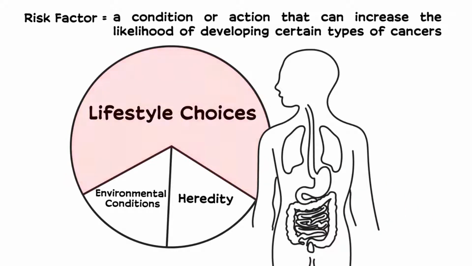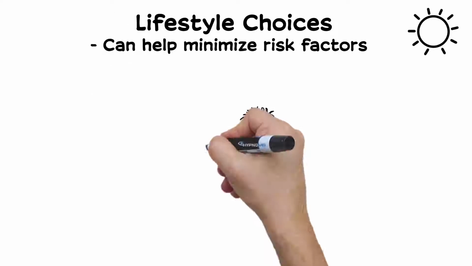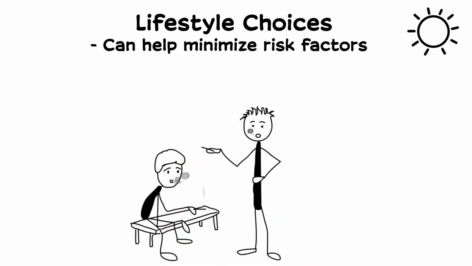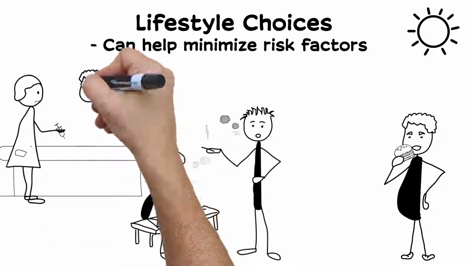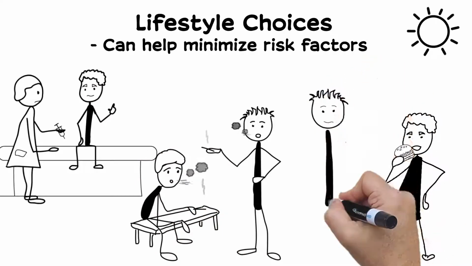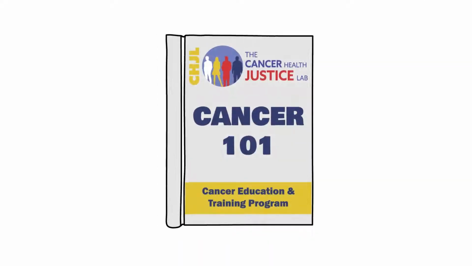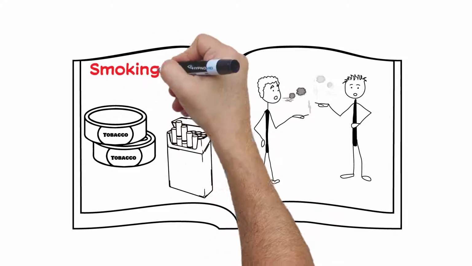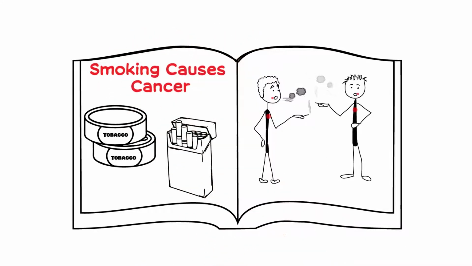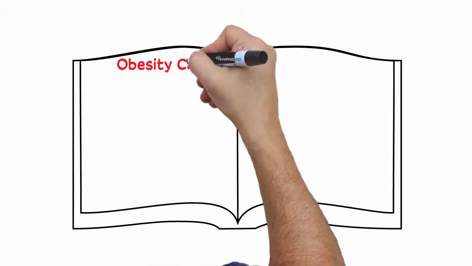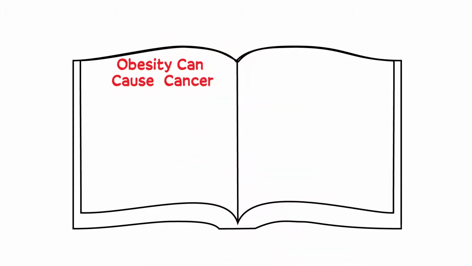In fact, nearly 2/3 of all cancer deaths in the U.S. have risk factors that can be minimized or eliminated. Some preventable risk factors include tobacco use, poor diet, not getting vaccinated, sun exposure, and lack of exercise. There's plenty of research which shows that smoking and chewing tobacco is the leading cause of lung cancer and cancers of the mouth. Obesity is also a risk factor for certain types of cancer.